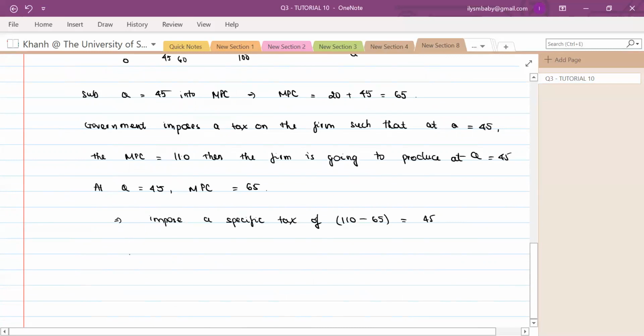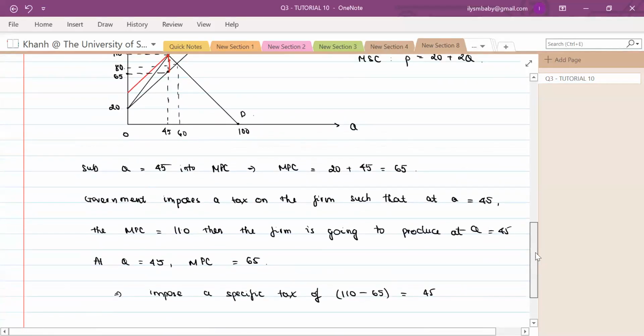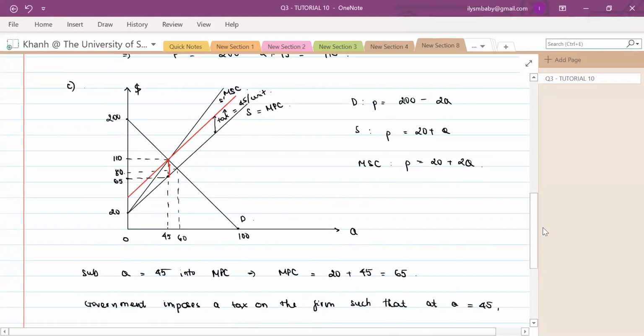All right. So therefore, what is the deadweight loss if there is no tax imposed? Now, as you can see over here, if there isn't any